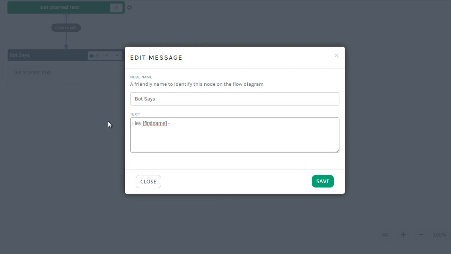Now, obviously, in this case, it's not going to be the actual person's first name, but we're just going to put that as a placeholder. But with Facebook, they will already have that information and it'll spit it out. So, hey, first name, to best help you, have you purchased from us yet? So actually, this is the Get Started. So we're not going to do that. So we're going to do